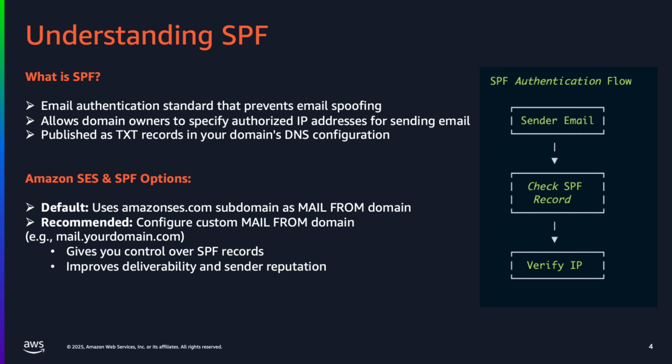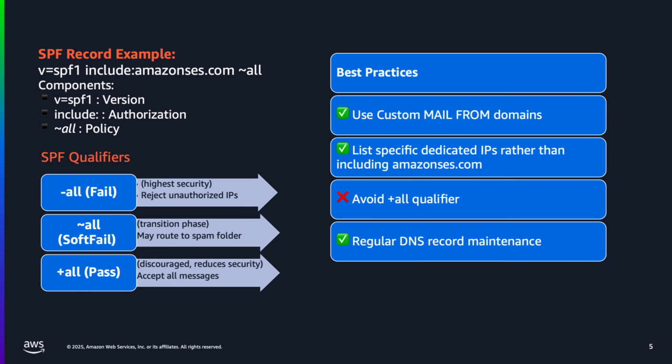SPF records are tied to the mail from domain, and by default Amazon SES uses amazonses.com as that mail from. Customers have the option, and it is recommended that they utilize custom mail from so they can set their own domain and subdomain up, and then can also set up a specific SPF record and the policy for that custom mail from domain. To set up SPF, you publish a TXT record to the DNS configuration for your custom mail